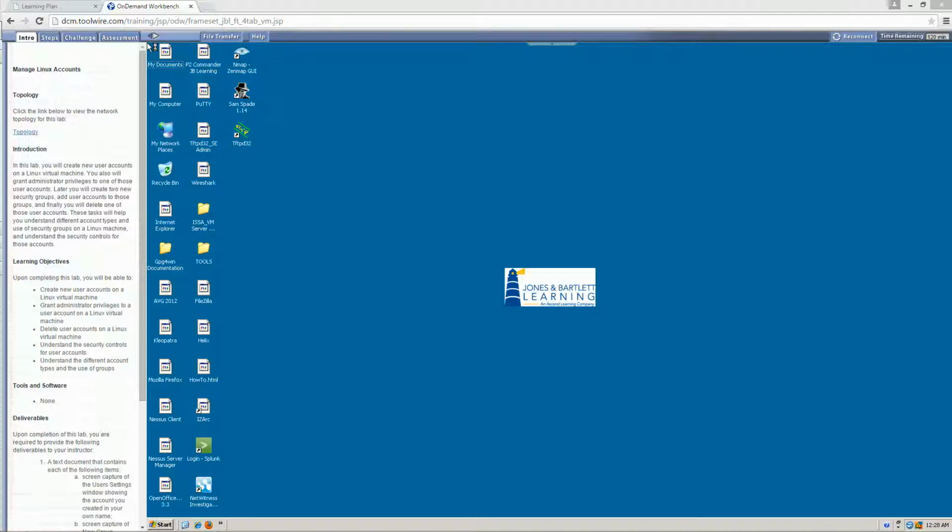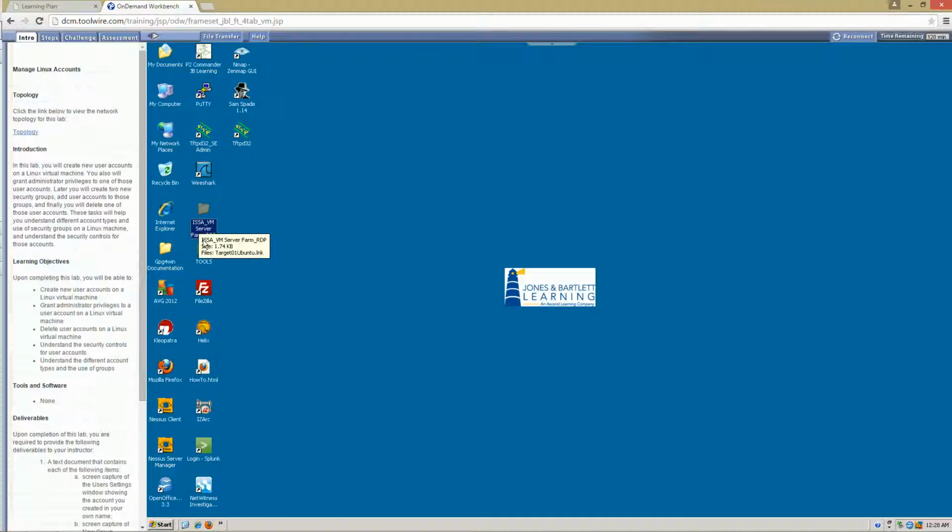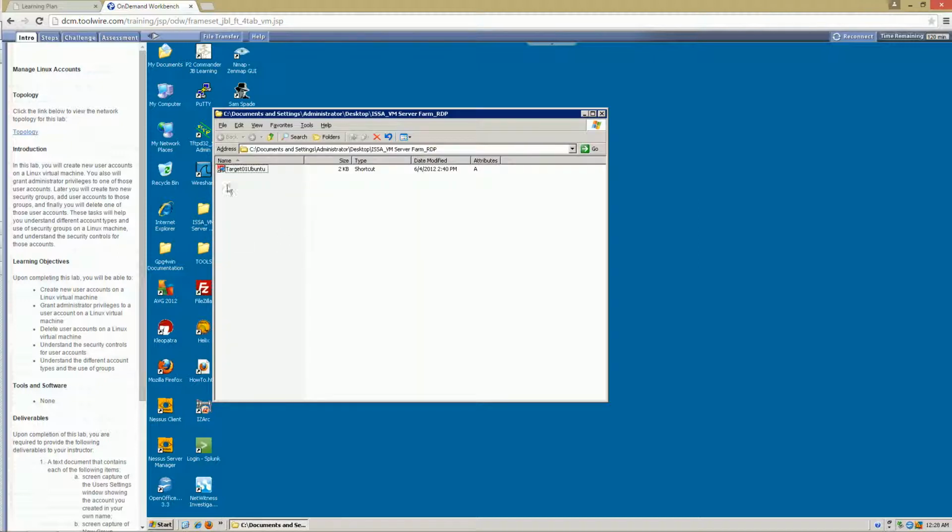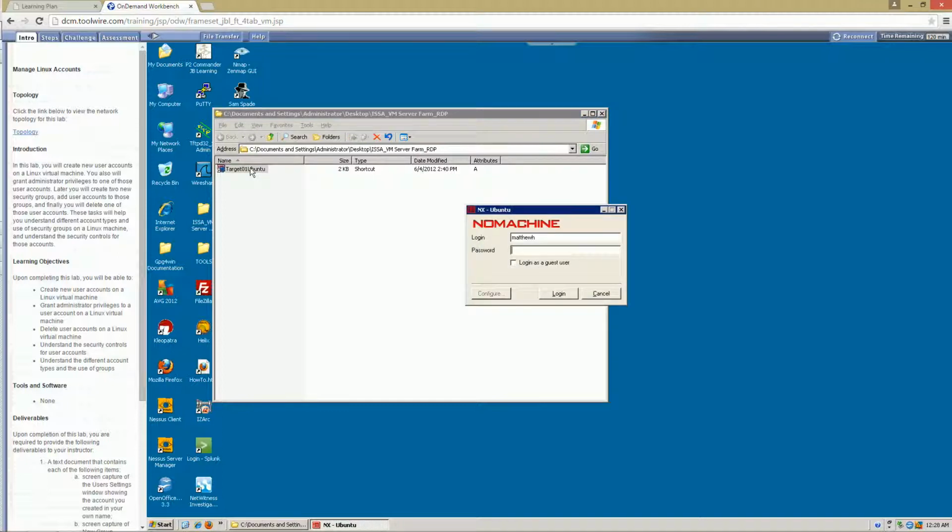This week we are going to be setting up some Linux accounts in Ubuntu. So like normal, we're going to be logging into our RDP session. So navigate to ISSA server farm RDP sessions, and we should see a target 01 Ubuntu shortcut. So here we'll be logging in with student